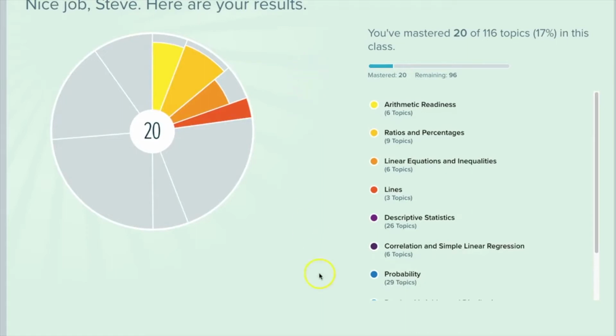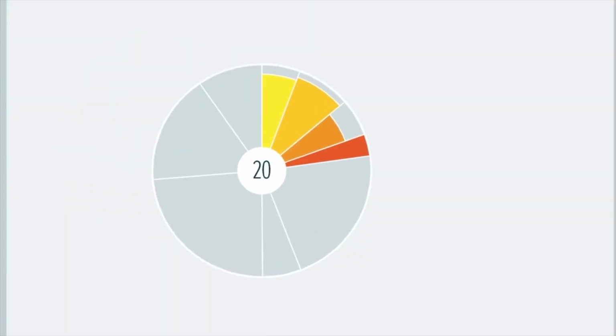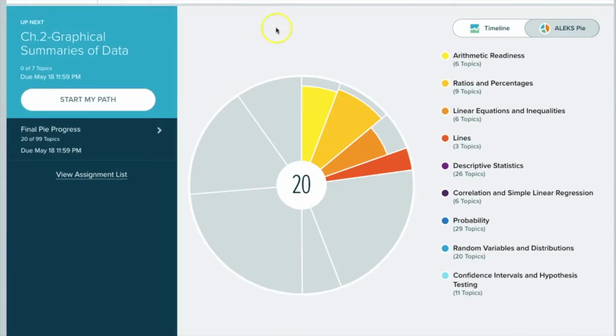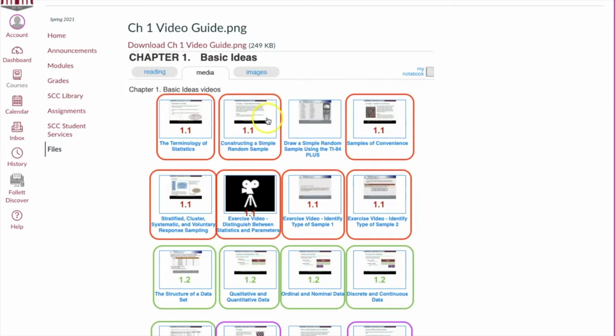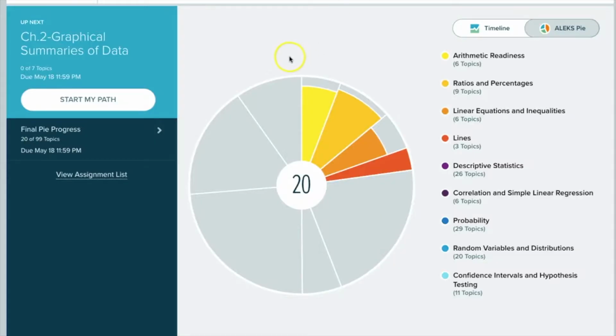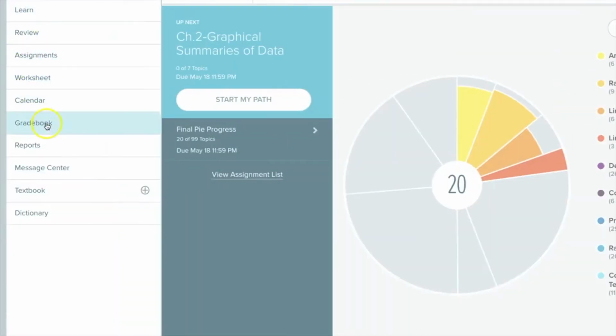Let me continue. Now this is what I'm trying to say: remember back here we had our video guide that I made for you. So when you're first trying to learn a topic, you're going to look at these to see which videos are 1.1. And then you're going to go into Alex. Whoops, not that one. You're going to go into Alex. And you're going to go over here to this menu. And you're going to click on,